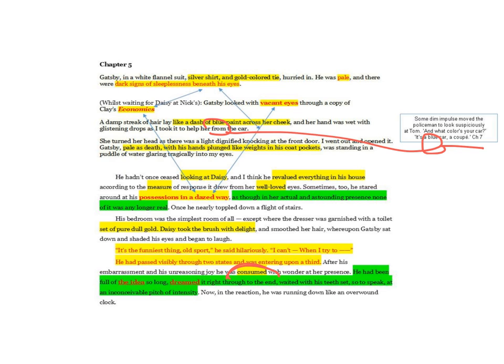Gatsby is in a dazed way, as though in her actual and astounding presence, none of it was any longer real. So there's anticlimax. In a way, could the acquisition of Daisy ever live up to or meet or match the years of acquiring wealth and the pursuit of it? Something is bound to be a bit anticlimactic.